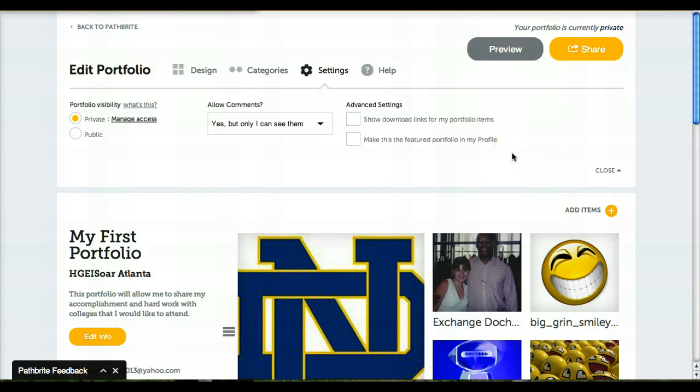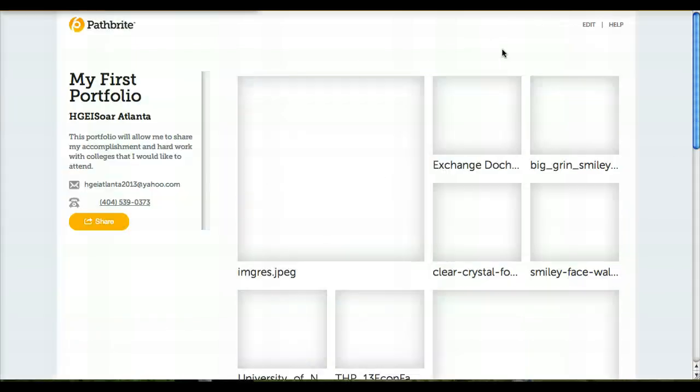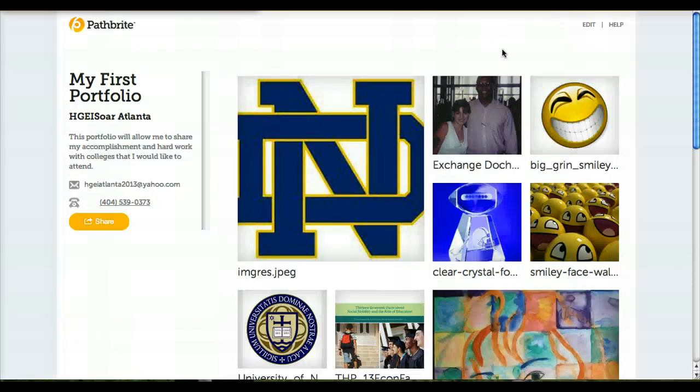So this is getting started with your digital portfolio. We'll click up here just to look at preview real quick. And this is how it will look when you share it with individuals. What we're going to do next is show you how to edit